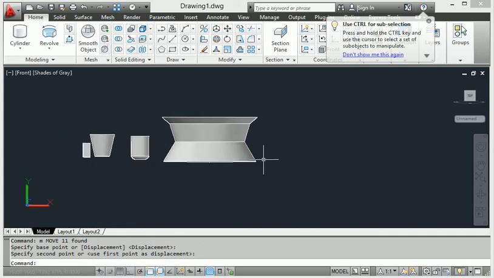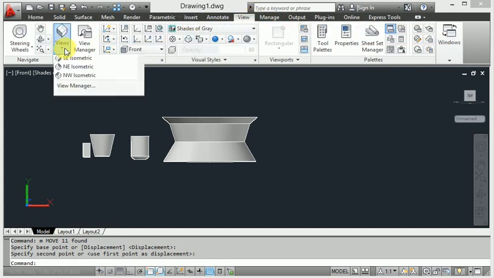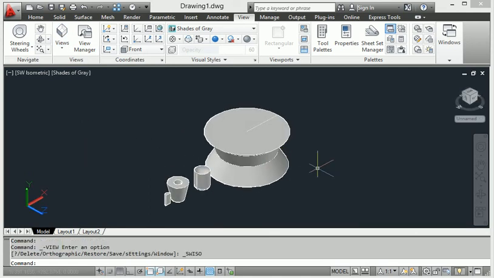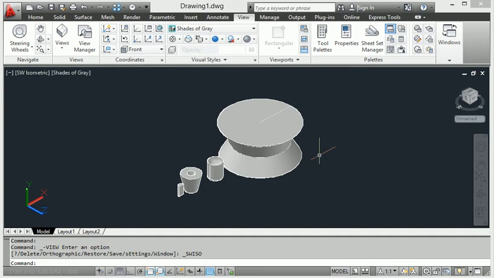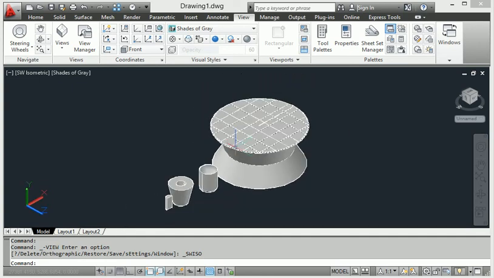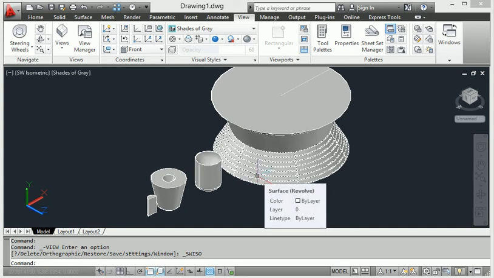So when I go to 3D design, here are the views right now. When I go to views and isometric view, like this one has been created. The AutoCAD revolve command is properly utilized for any revolve design, 360 degrees, 180 degrees, 90 degrees, whatever our design needs, we will provide the particular degree and change the height and thickness easily.